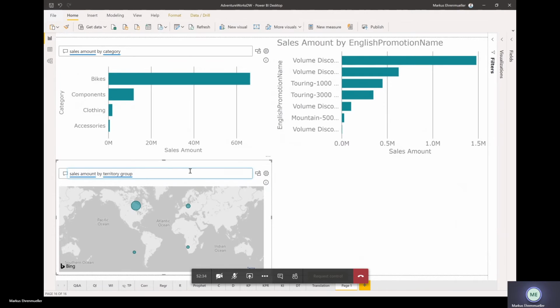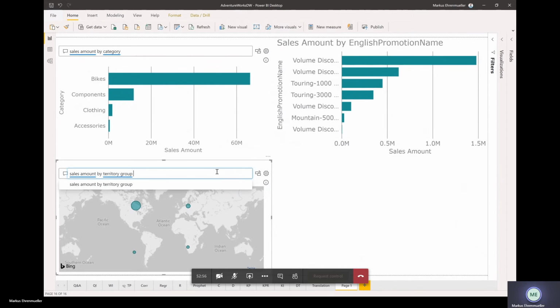So I'm not a huge fan of those maps. Good that they are there, but if you're using them, please do not rely on the automatic feature where Bing maps discovers which region you mean. Please always try to get the longitude and latitude of the positions you want to show, and then use them in the map. To get rid of the map, of course, I could change it to a normal visual